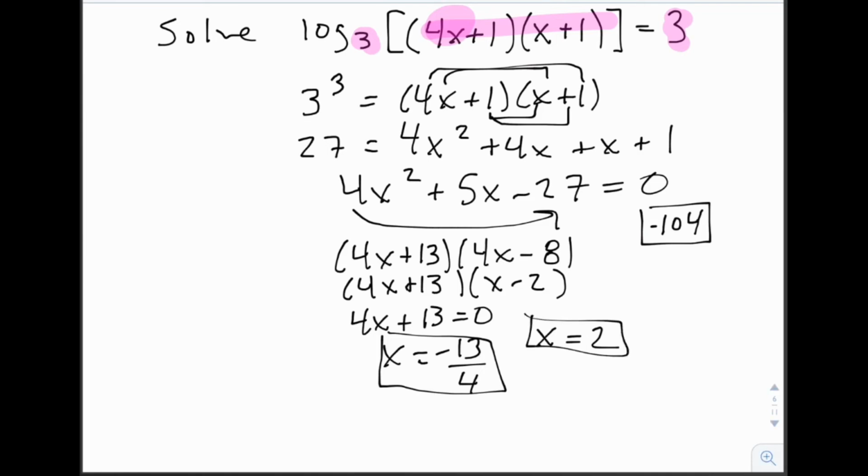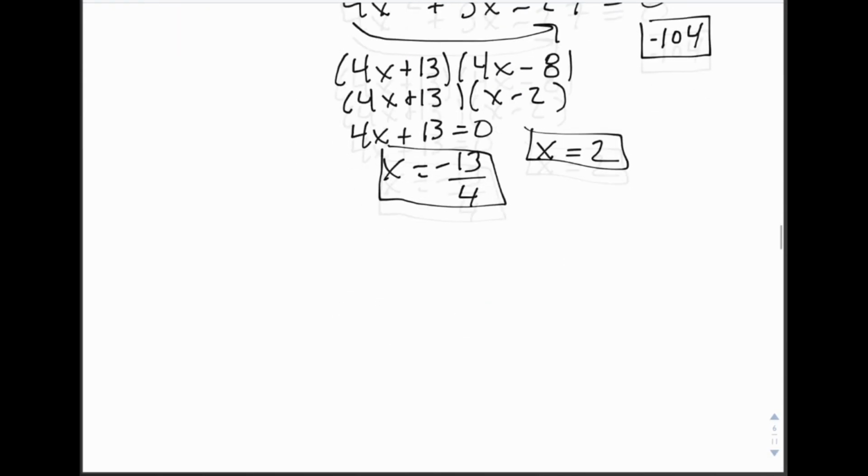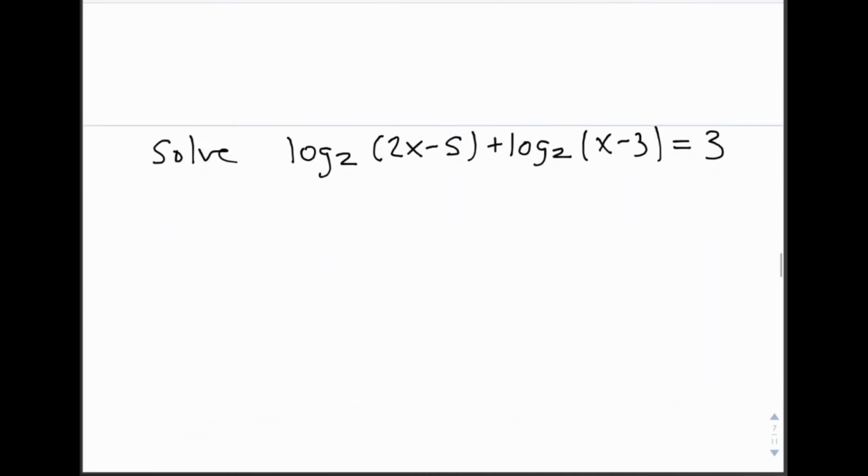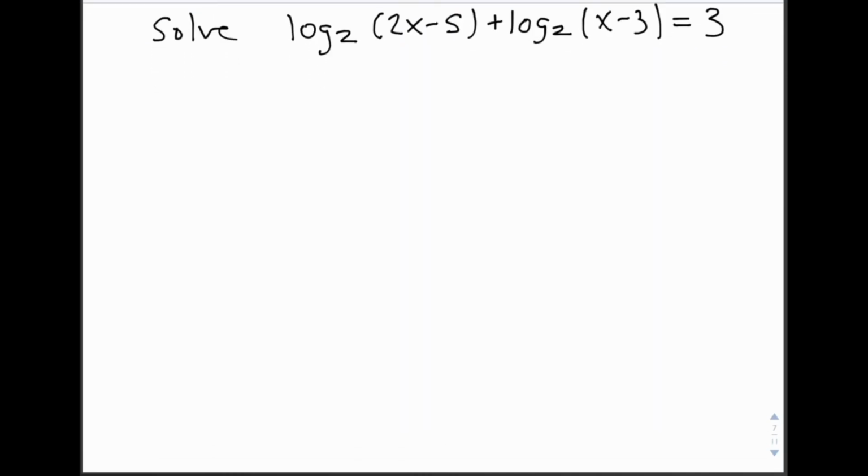Again, just because it is a negative doesn't mean you exclude it right away. You have to go ahead and check to make sure when you plug it into your logs, if you get a positive number, you're good to go. Now, if you get a negative number, then you have to go ahead and exclude whatever that x is equal to. So let's go ahead and continue and look at our next example, which is log base 2 of, in this case, 2x minus 5